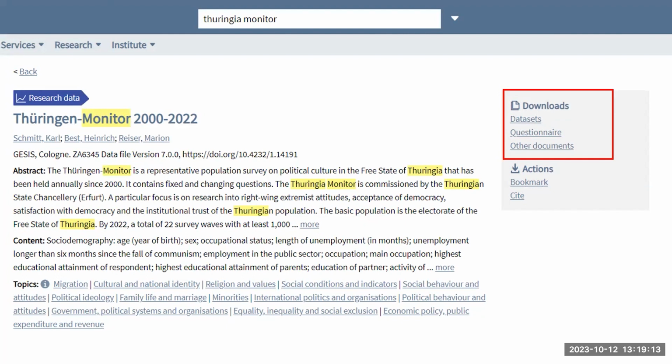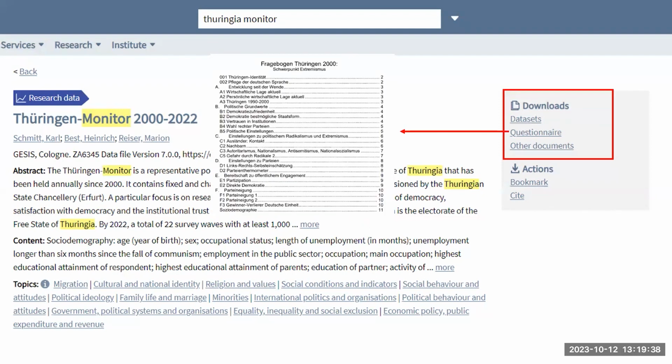So when you have located the data, you're of course interested in downloading the data, because this is a very interesting study, I suppose. And you have this gray field on the right hand side, which includes all the download information, but also actions like bookmarking the study. So when you're looking for a couple of studies, you're able to bookmark one or other studies. But when you go to the download